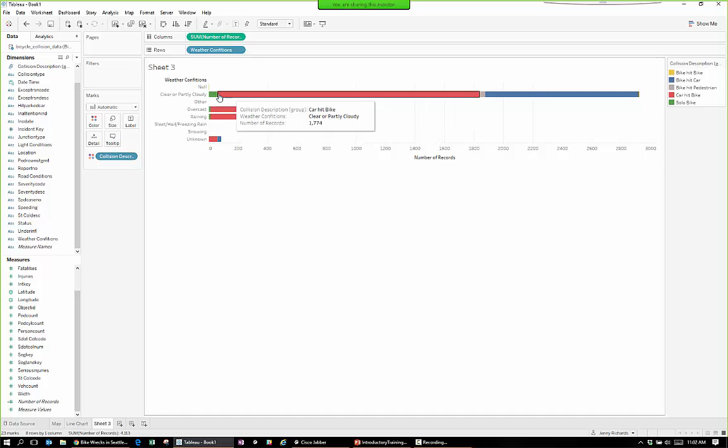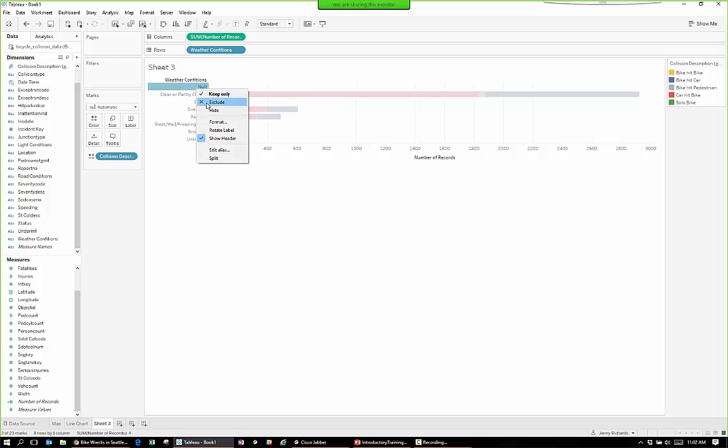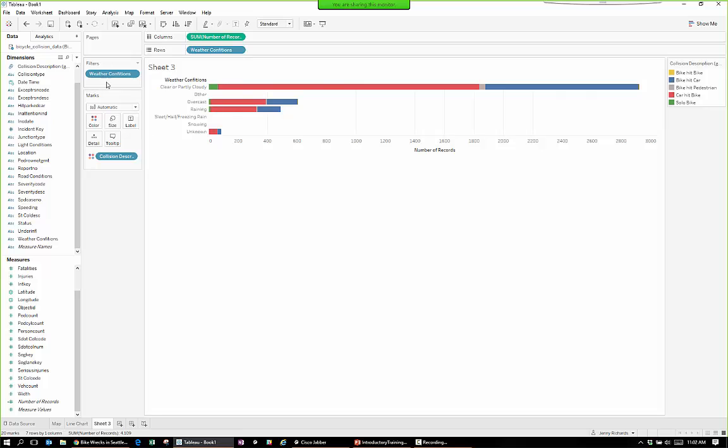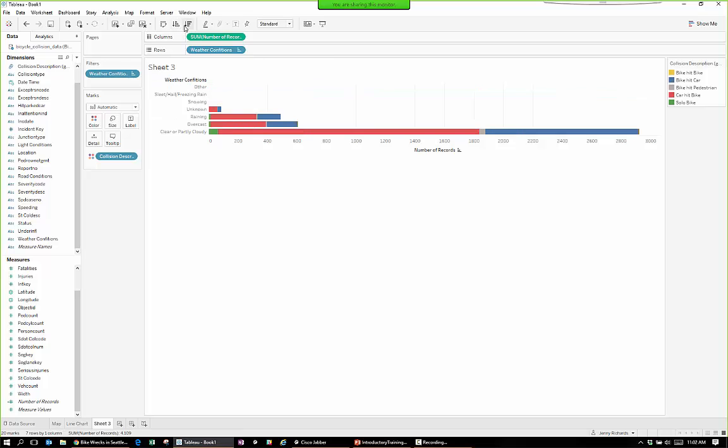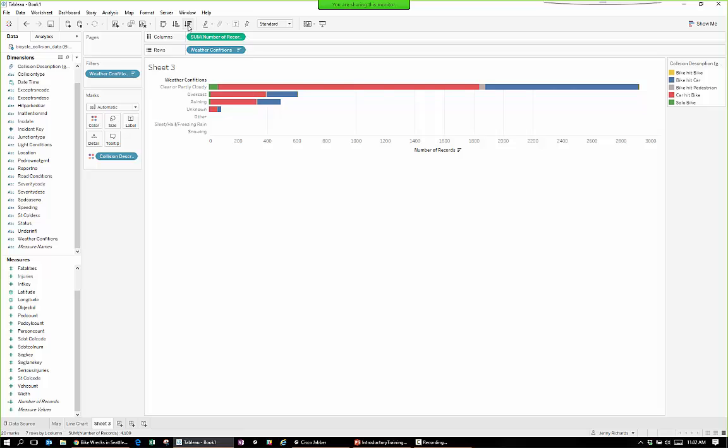All right, so you can see that those different collisions that we talked about earlier now show up in the bar chart, but this is kind of sorted really funny, and there's this null thing right here. I'm going to right click on null and choose to exclude it. And it just put that up here in the filters. And then if I go up here to the top, there's an option to sort it top to bottom, bottom to top. So these actually look pretty good, but again, there's this other and unknown, raining and overcast, sleet, hail,